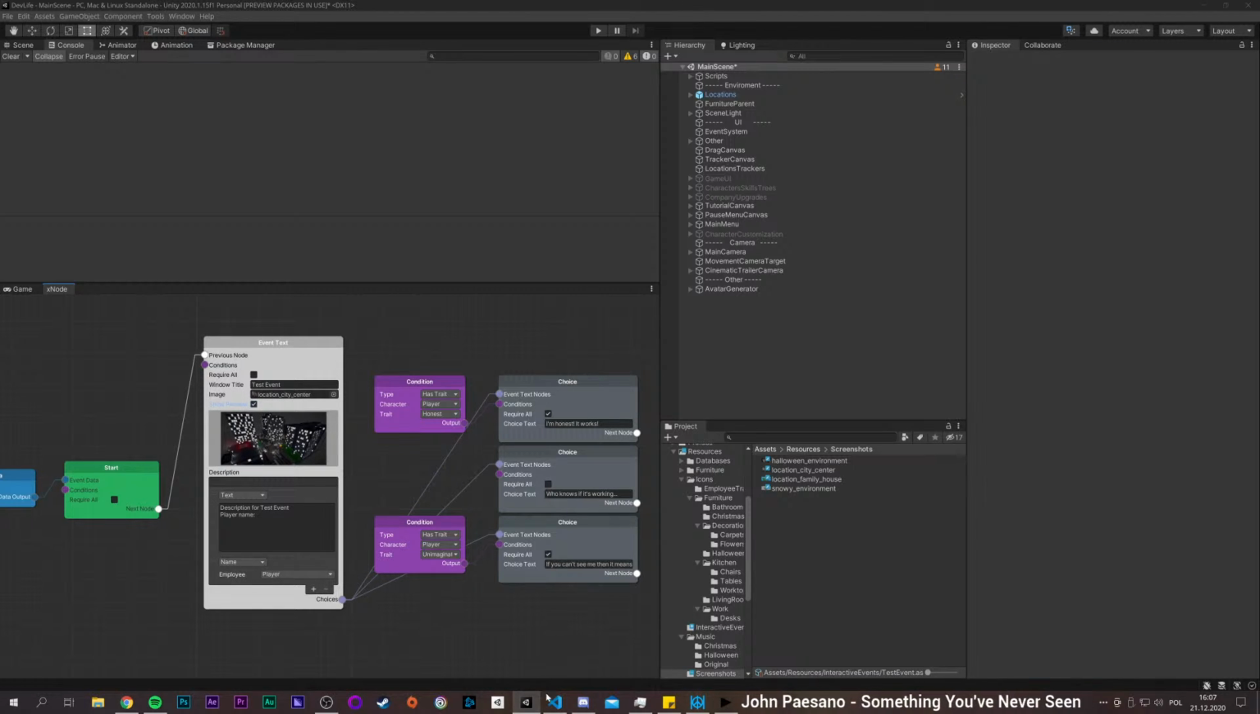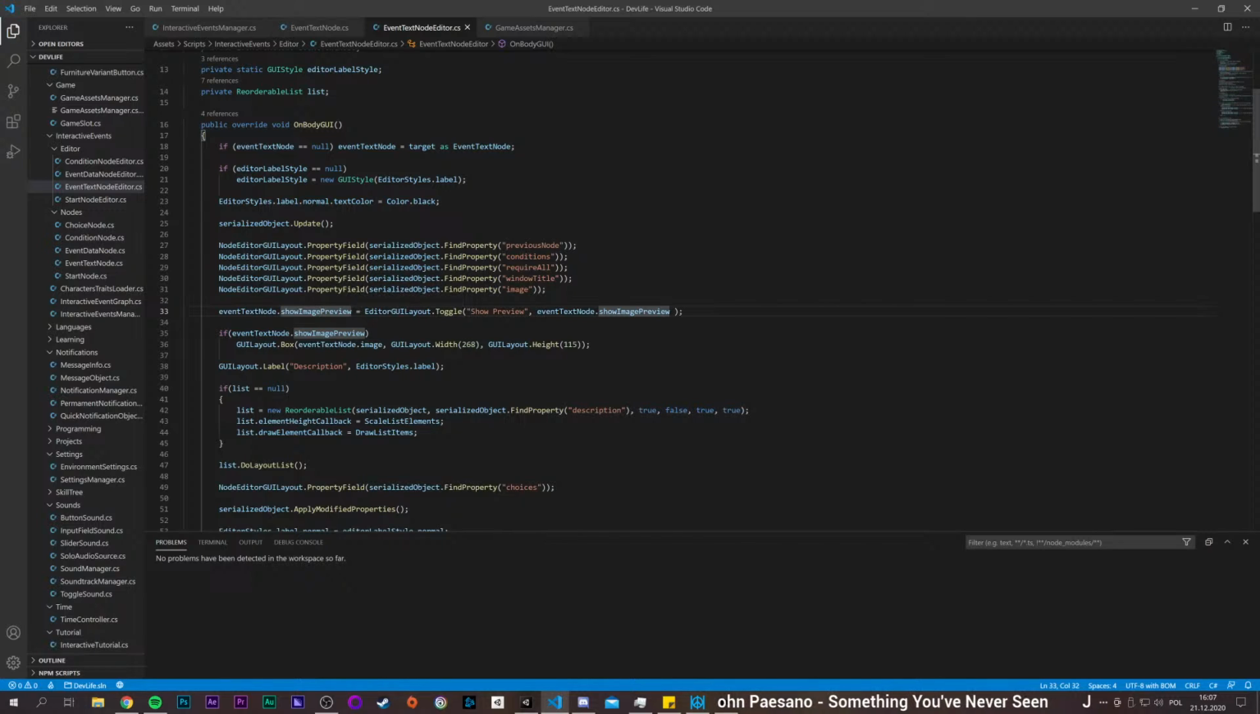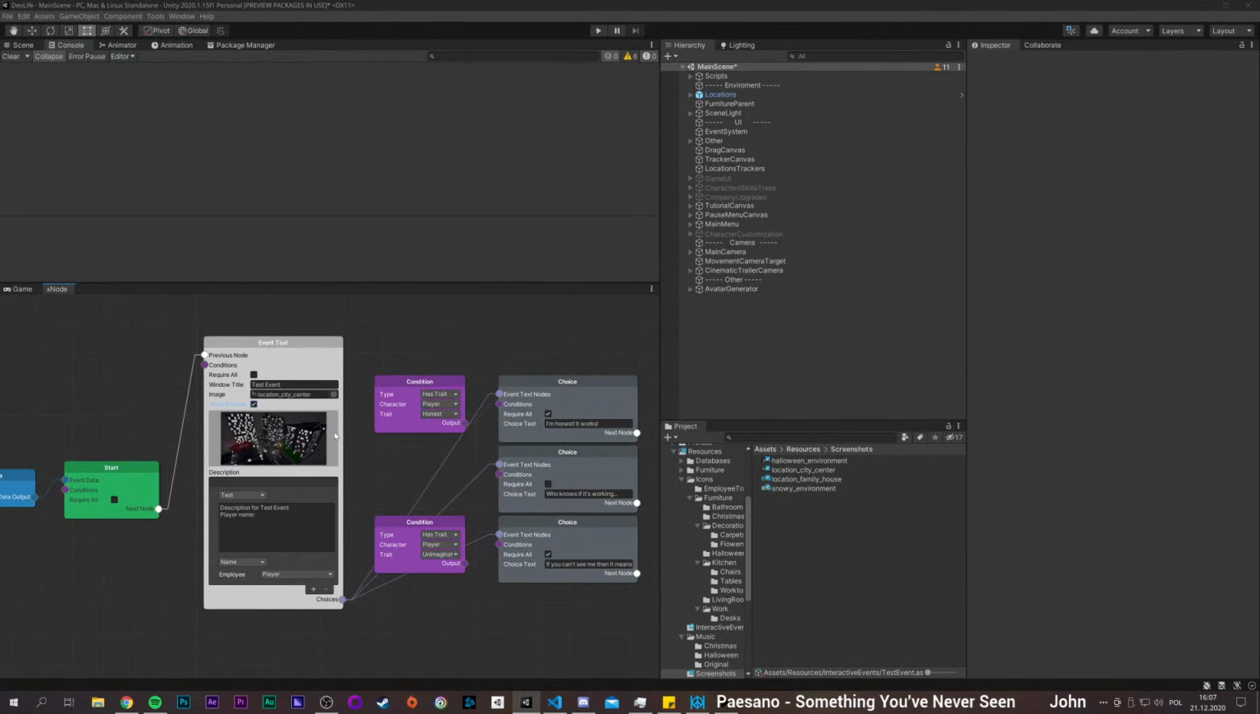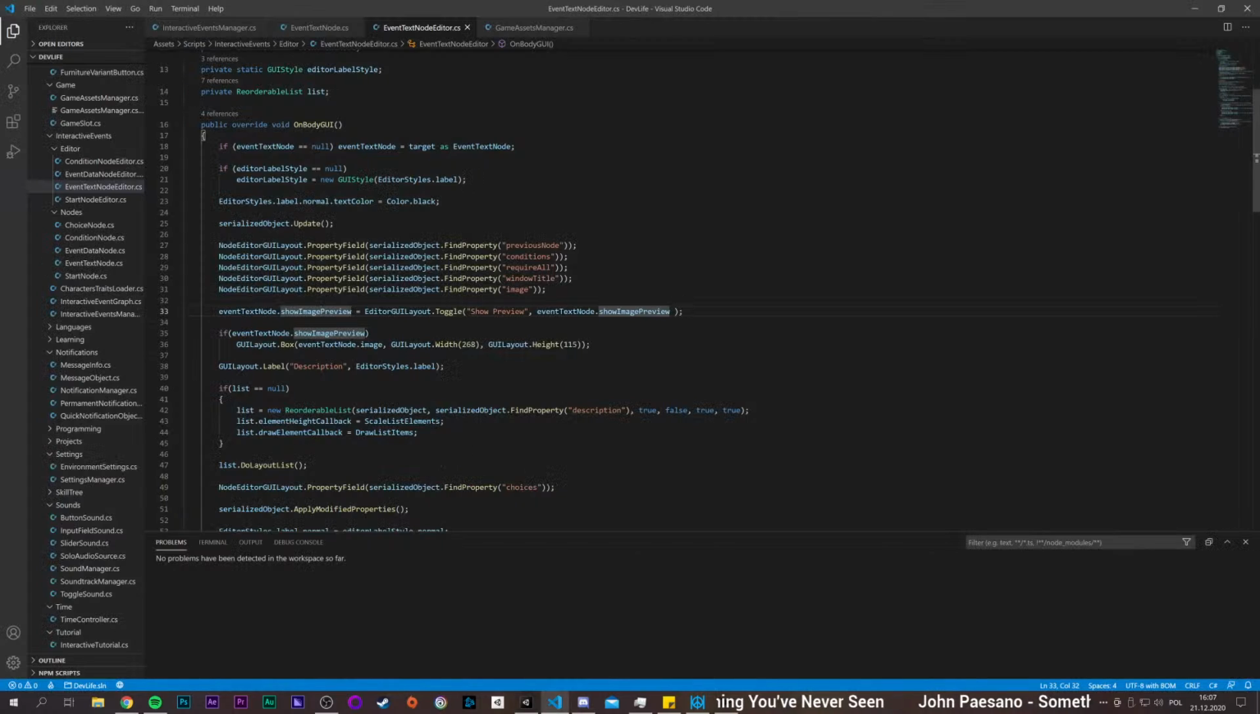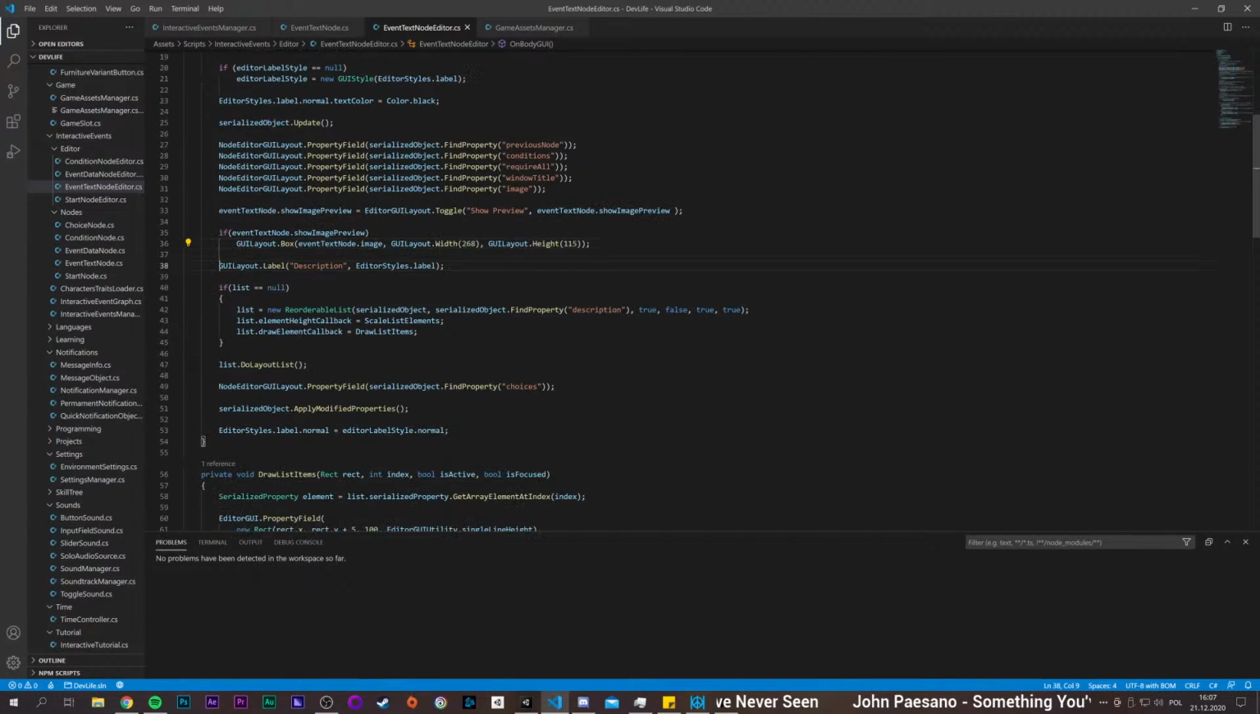For now it's made in the aspect ratio of 21:9. I don't know if that will be the final aspect ratio for the graphics for the events, but for now that's that, and it's rendered via GUI layout box. And then there is the fun part with the reorderable list. This is the Unity built-in class for the editor, and